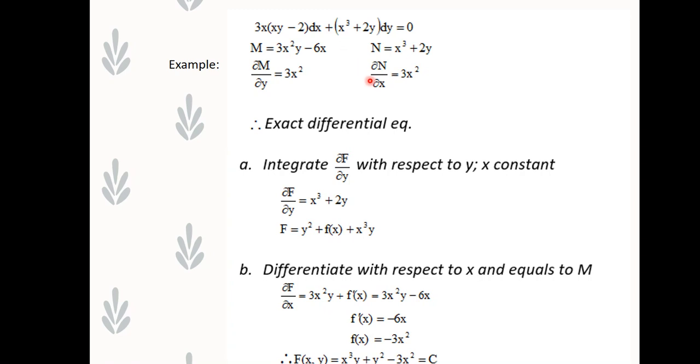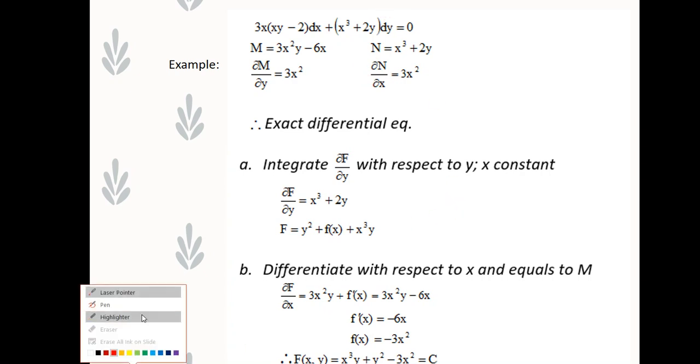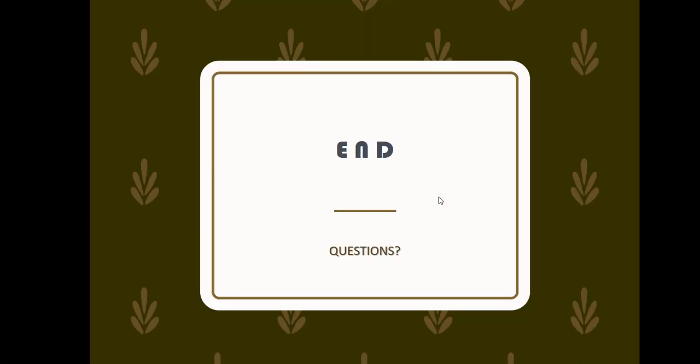Method 2 and method 3 are just the same in pattern, only that we interchange the manner in which we do the integration and the partial differentiation part. So we have 3 methods for the treatment of exact DE. Just like homogeneous DE, you need to test first before you use the procedures